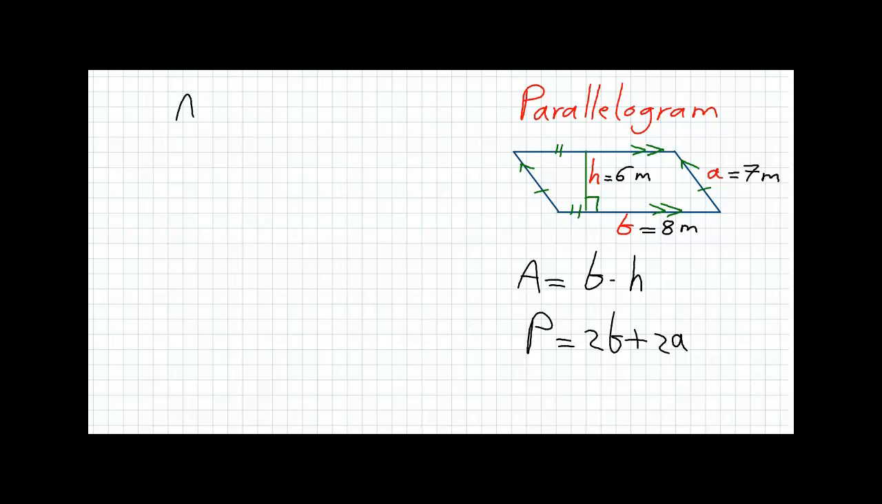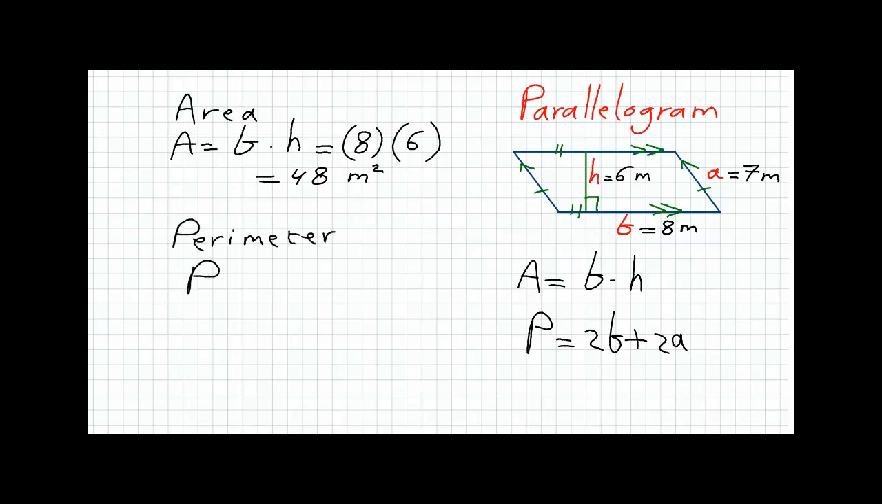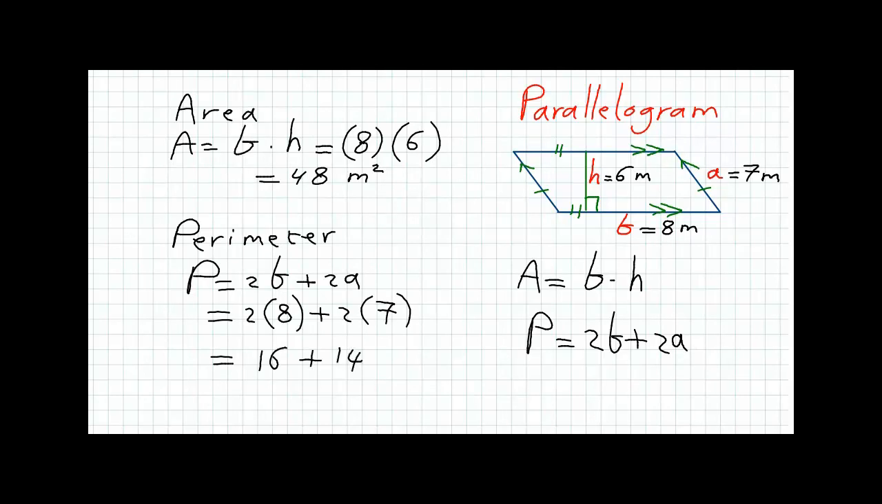To find the area, which is equal to the base times the height, this means 8 times 6, which is equal to 48 meters squared. And if we want to find the perimeter, which is equal to double the base plus double side A, this will equal 2 times 8 plus 2 times 7, which is equal to 16 plus 14,